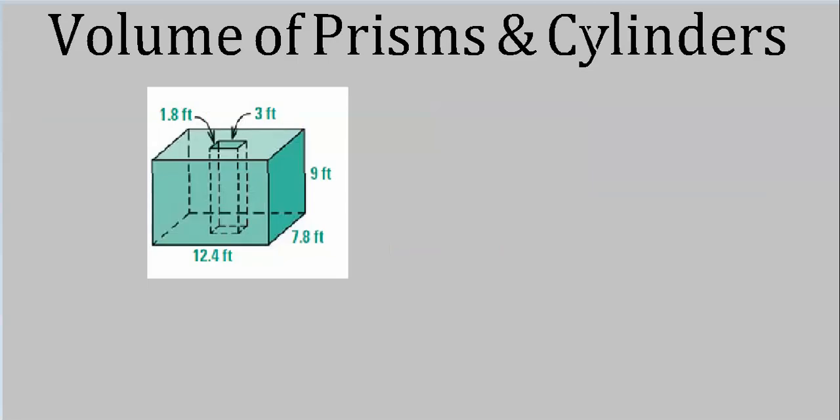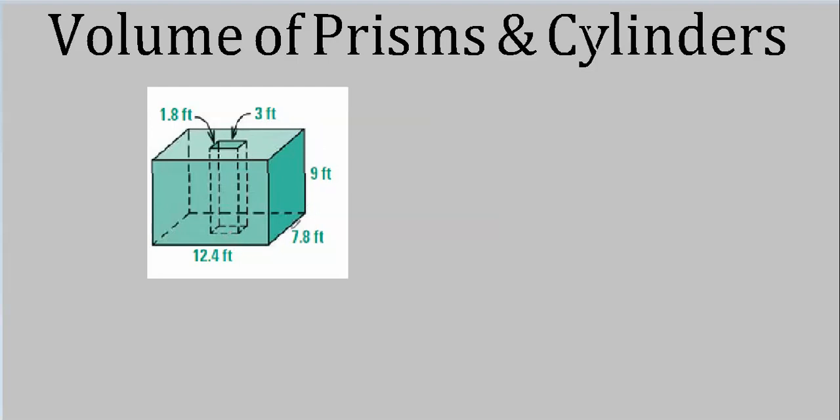And here's one that shows that volumes can add and subtract just like we did with areas. For instance, it's like a rectangular prism cut out of another rectangular prism, although a lot of people would just call this a box. Doesn't matter. Whatever we call it, let's call it a rectangular prism, since that's what we're working with these days. It's 12.4, 7.8, and 9.